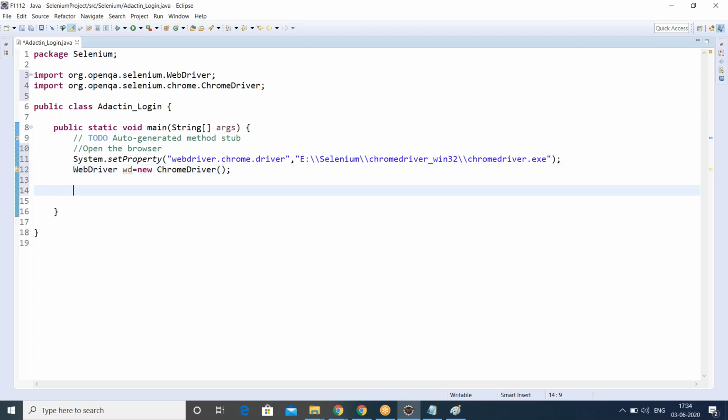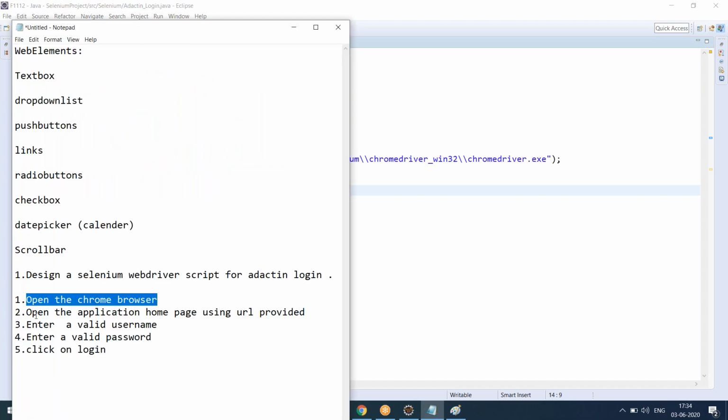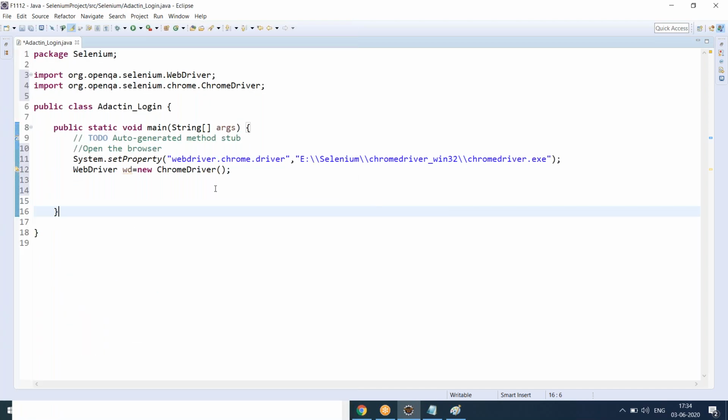Open the browser. What is step 2? We have to open the application. In WebDriver, methods are provided for launching the application.